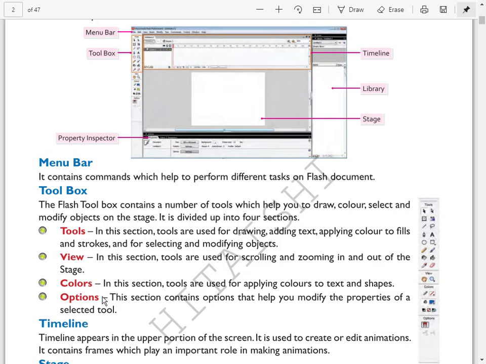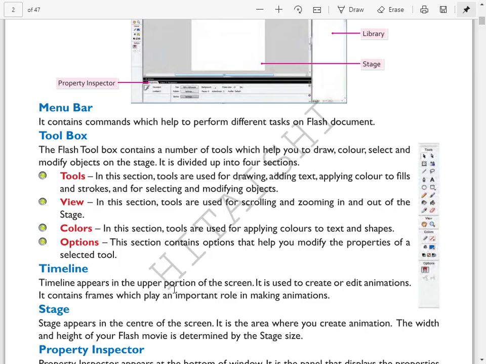Next one is timeline. Here, this one is your timeline. It will help you to arrange your pages, or you can say the stage. Just like in MS PowerPoint, as we insert a new slide, it is displayed on the left hand side of the screen. Same here, whenever you insert a new page or new stage area, you will get the layers here.